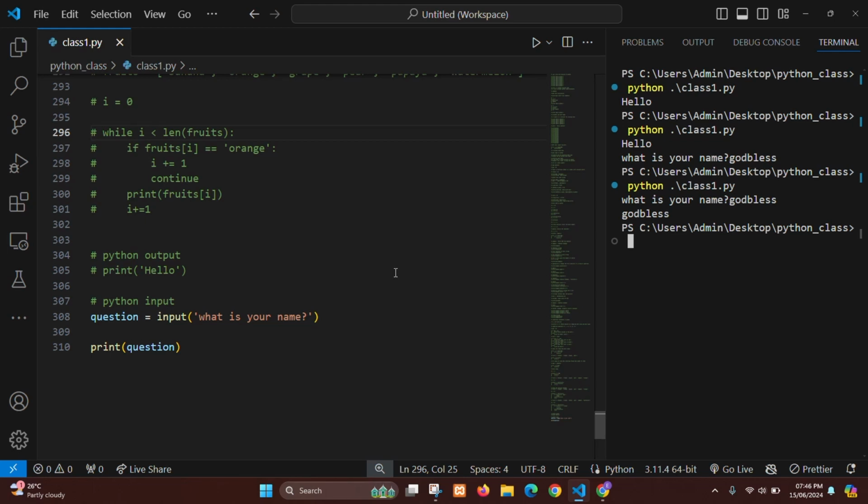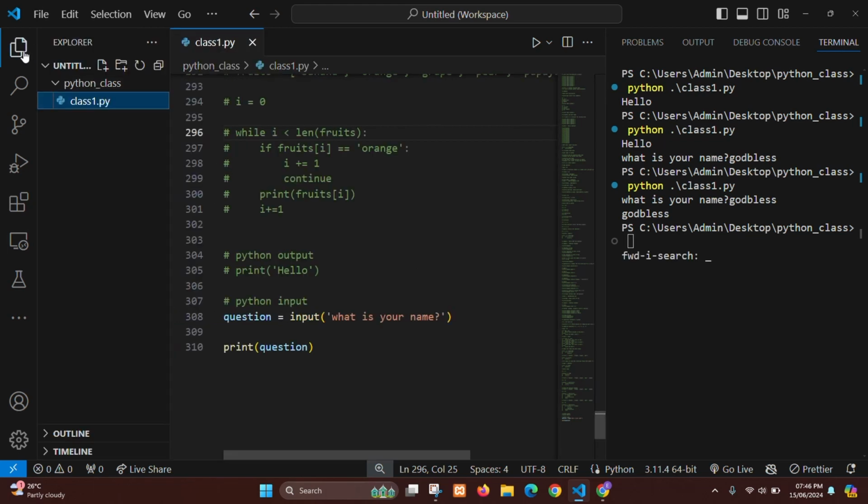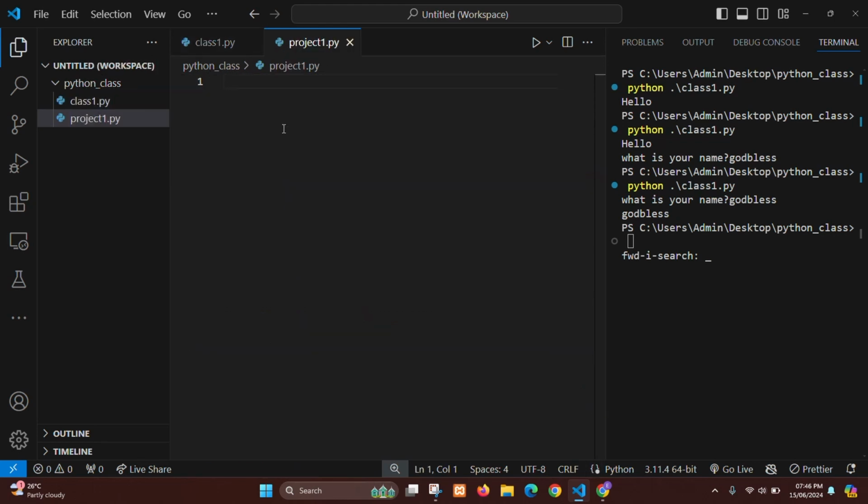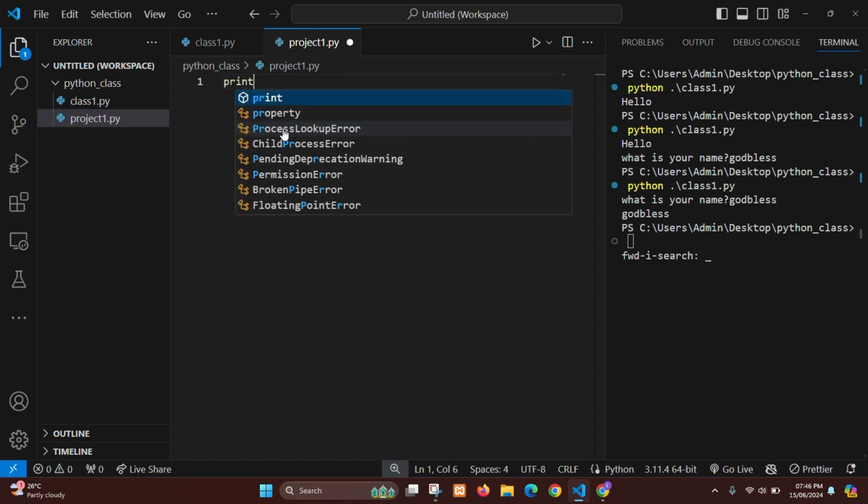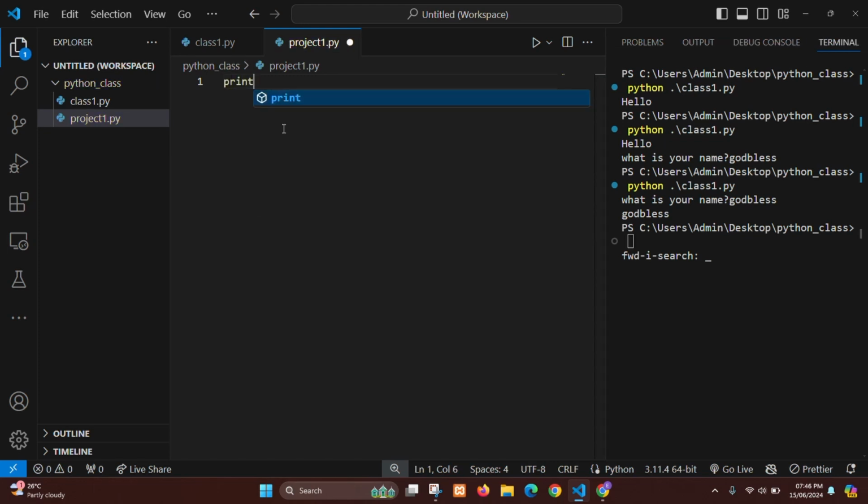Now you notice that when we ran the program, the first thing we had was a question that says do you want to do something, right? Now I'm going to close this. I will say project1.py, right? So let's follow through closely. Now like I said, the first thing we did was to ask a question, right? Now how do you ask the question? You ask the question by using a print statement. Is that not so? So inside of my print statement, I can do something like